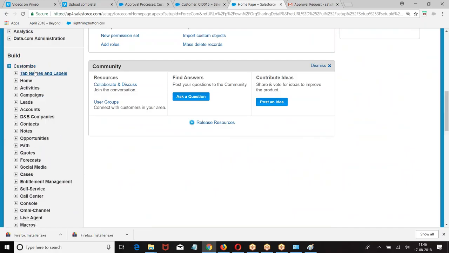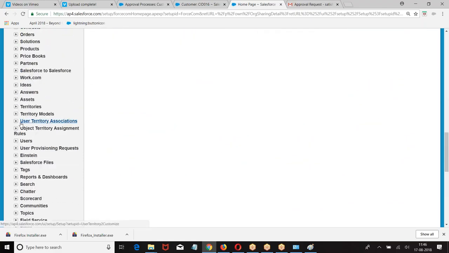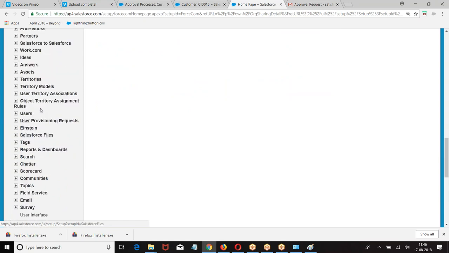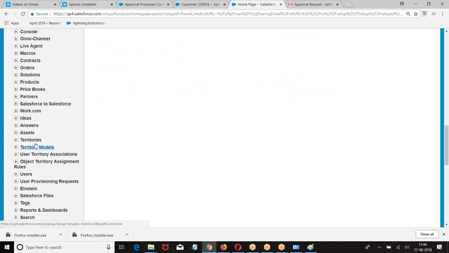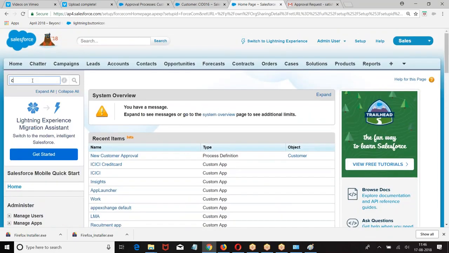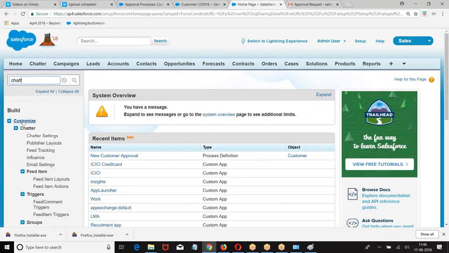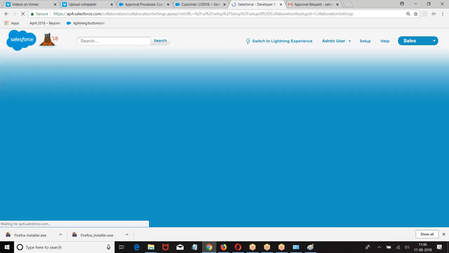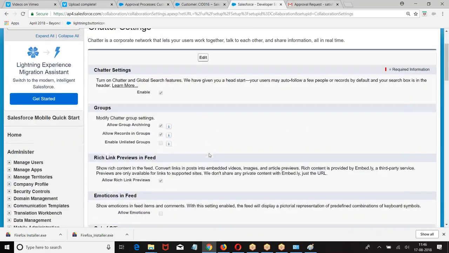We have Chatter. Go to Chatter settings. See that it is enabled or not.